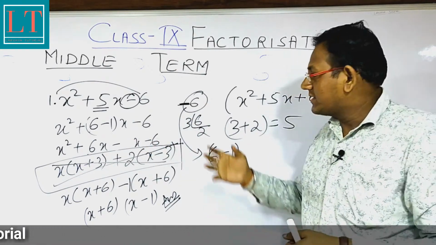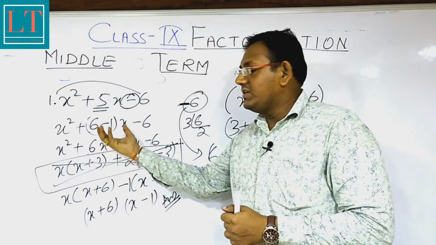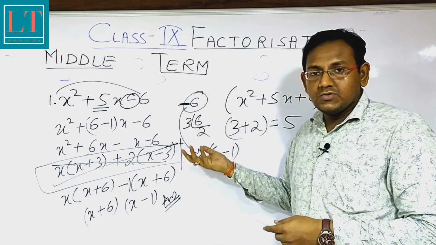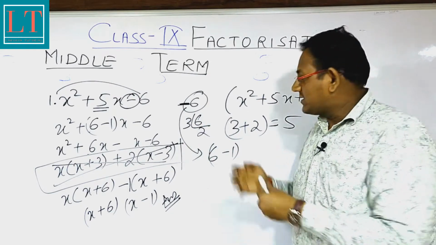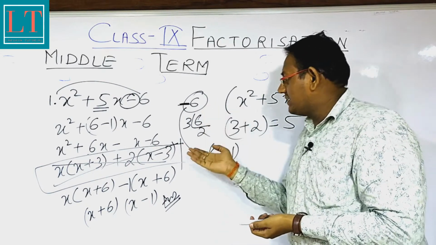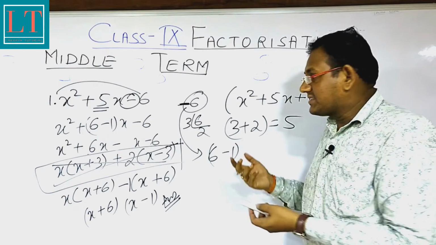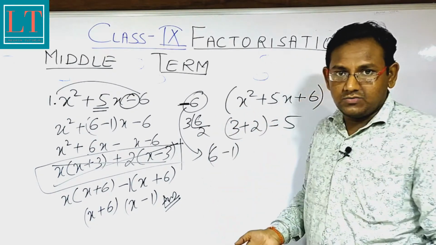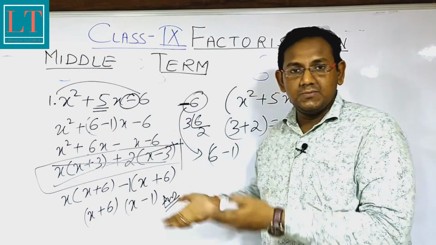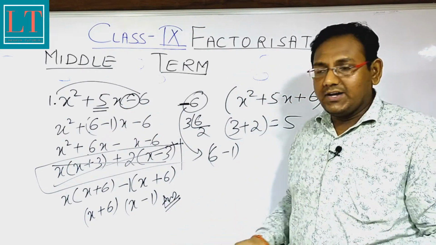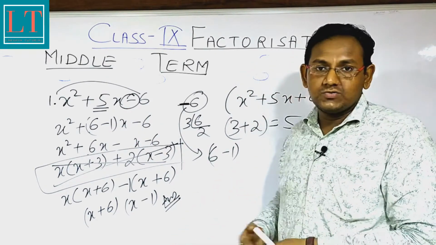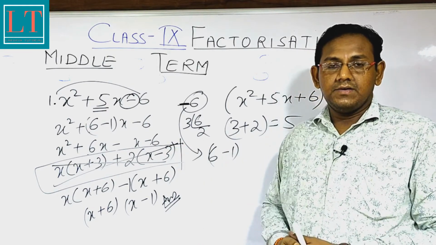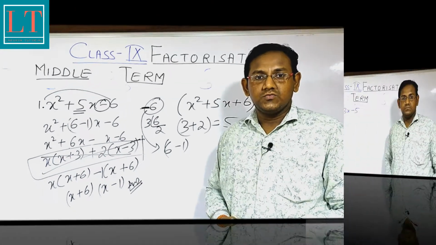Think about it. Think about the terms that you need to put in the middle, because there can be multiple factors over here. Like we already discussed, 6 can be broken up as 3 and 2, but we can also write this 5 as 6 minus 1. Like 5 can be written as 3 plus 2 or 6 minus 1. I told you already that there are multiple ways to break 5, so we are writing 6 minus 1 in this case. Now let us understand a few more questions.